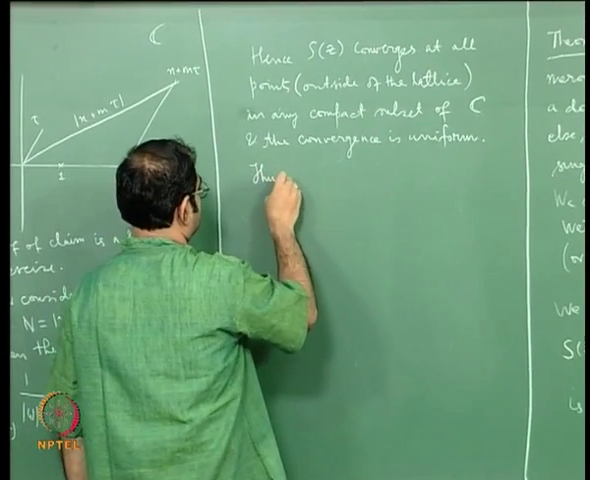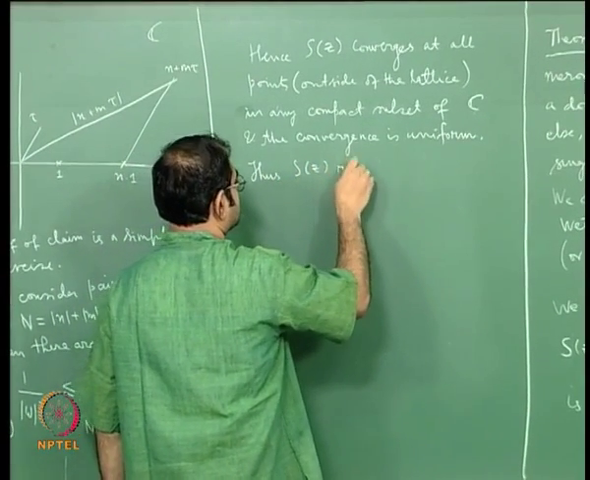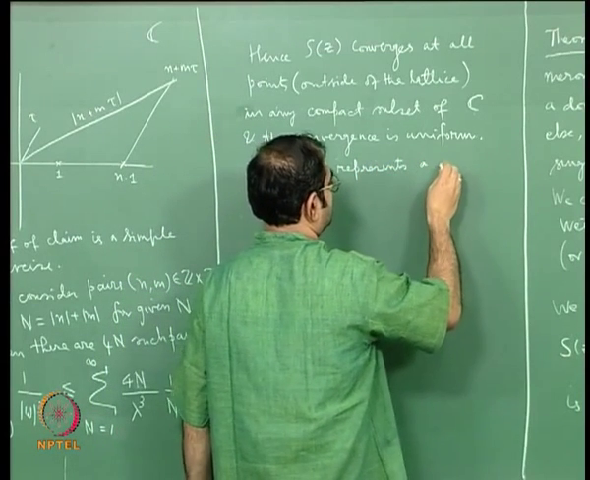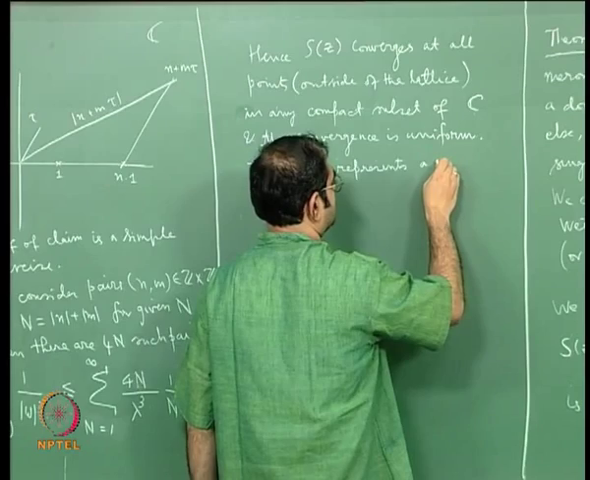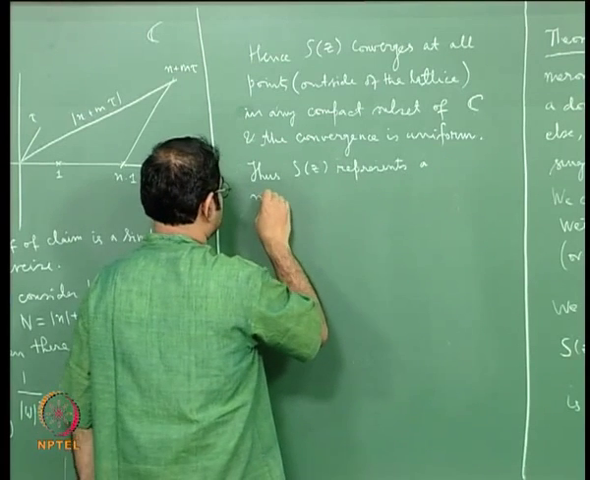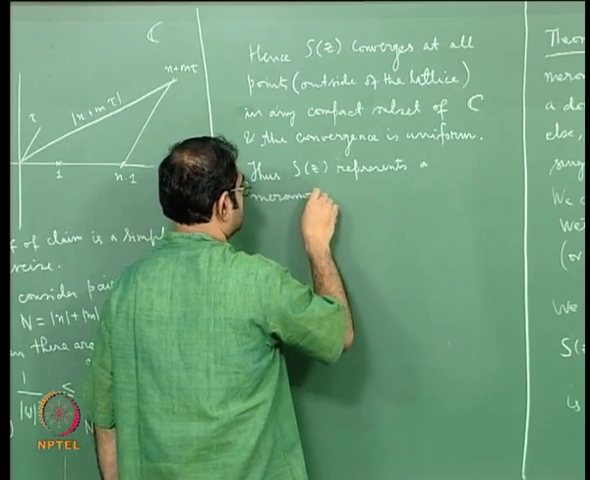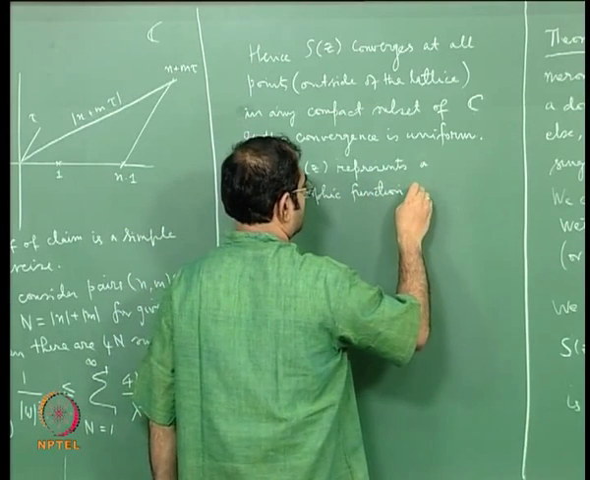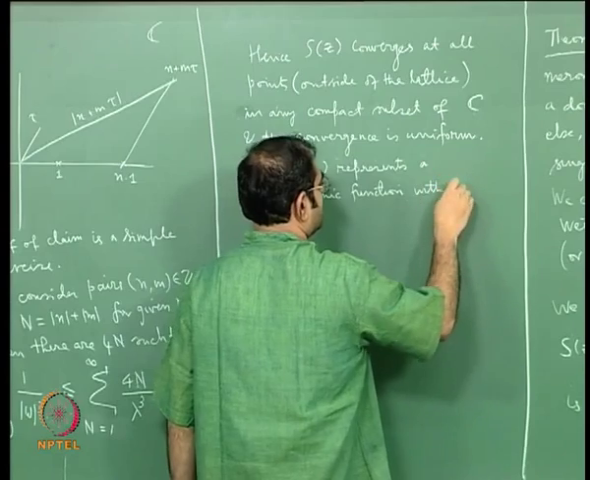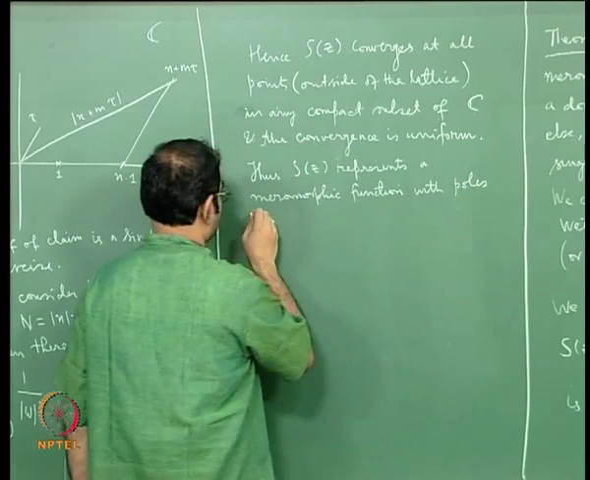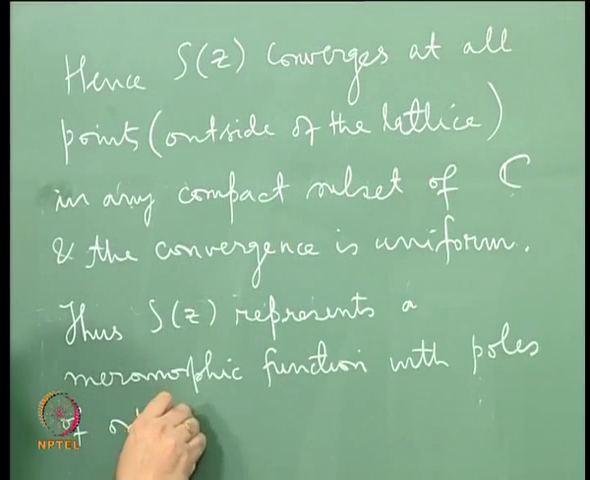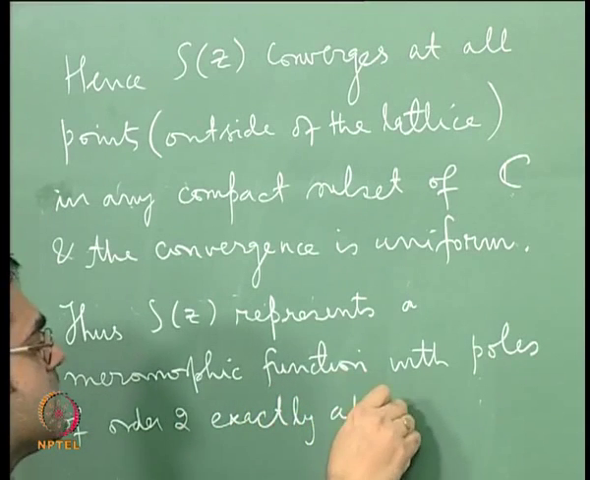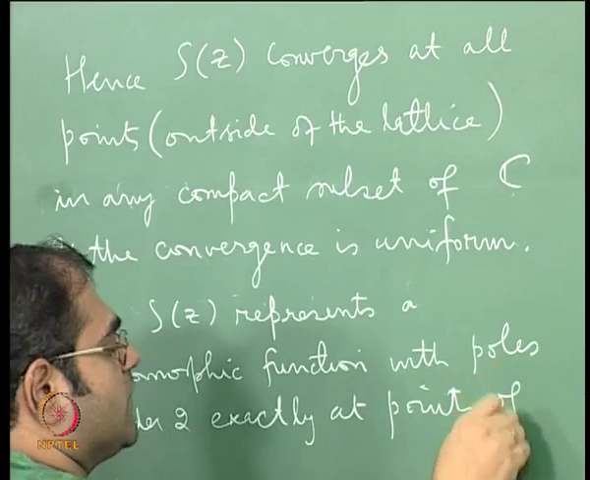Thus S of z represents a meromorphic function with poles of order 2 exactly at points of L of tau,